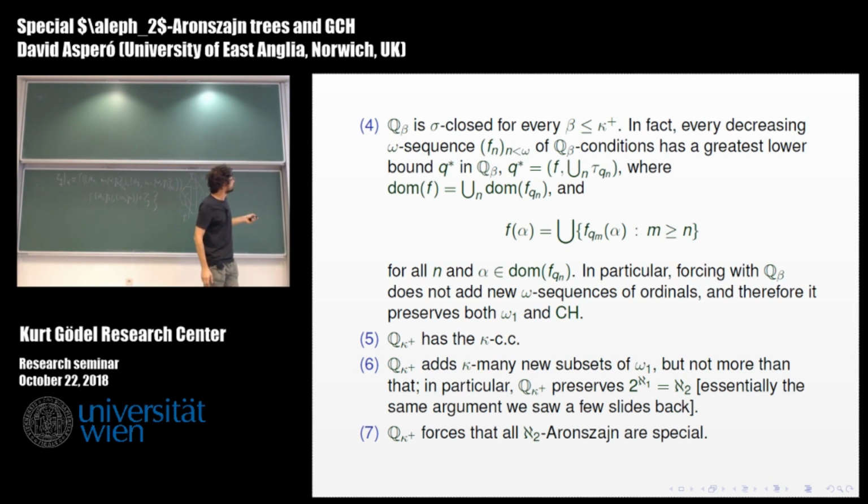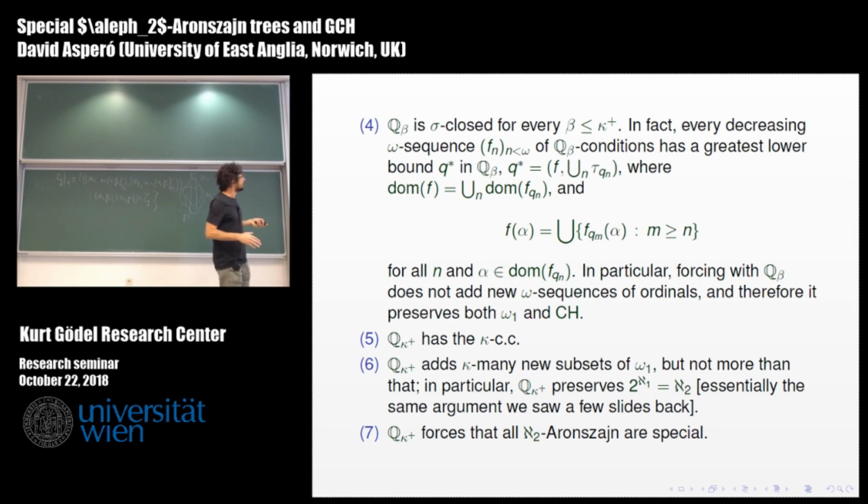And then, let me mention that it forces that all aleph 2 Aronszajn trees are special. Let me just say in words why that is true. You have CH, so therefore you do have aleph 2 Aronszajn trees. Now you have the kappa-cc, so by the usual argument you can assume that they all have names in H kappa plus, which are picked by the bookkeeping function, so eventually you pick them. Now eventually you are at some stage alpha where you're attempting to specialize the alpha's Aronszajn